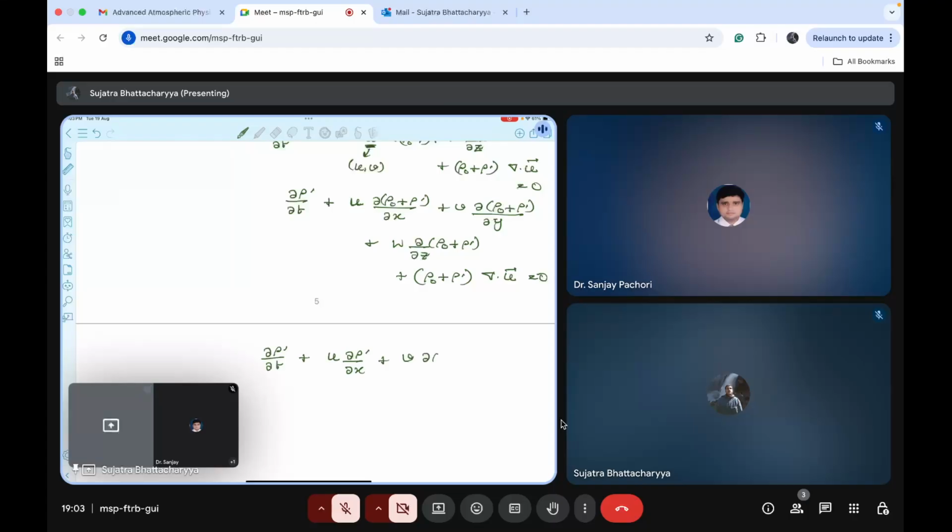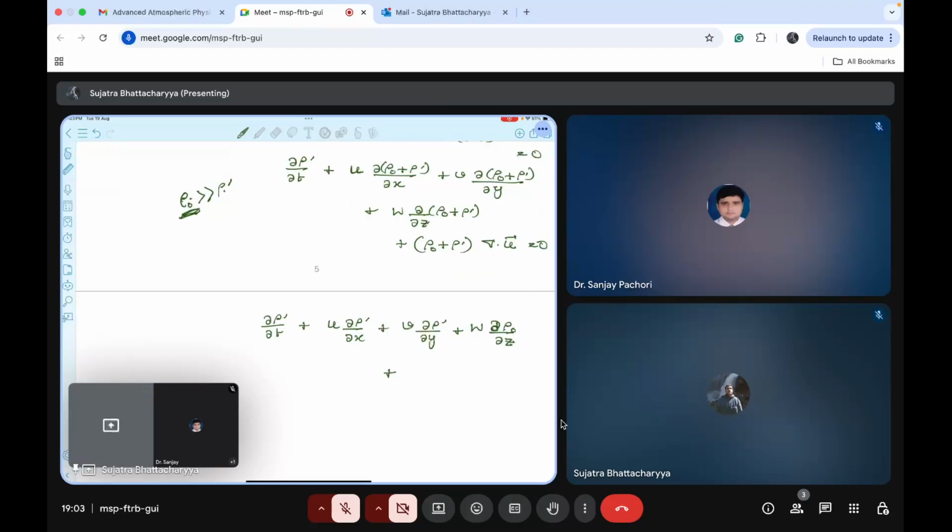So delta rho dash by delta t plus w. Is rho naught a function of z? Yes. And is rho dash a function of z? Yes. But rho naught, as we have assumed, is much greater than rho dash. Therefore, we will consider only the rho naught part. So it will be delta rho naught by delta z